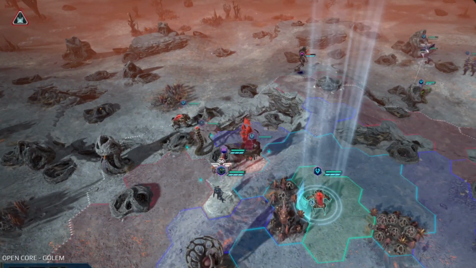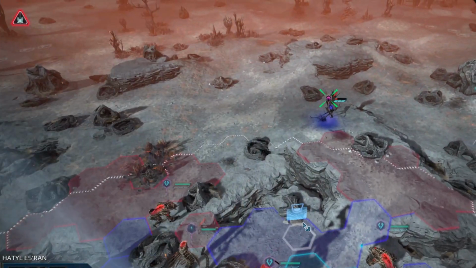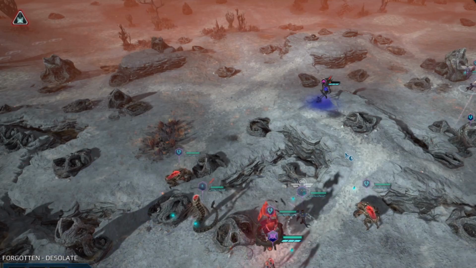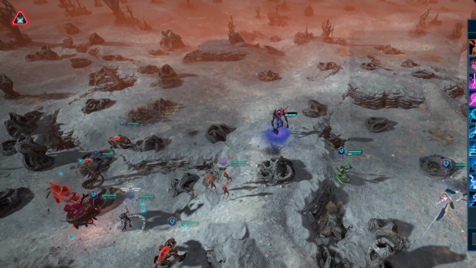Alright, so we've got you. Push you up here. I think it's time we just start overwhelming him, which we're doing pretty well. No point me moving the Desolate in, because I don't think they're going to do too much. So, there we go. In fact, you know, why not? They'll come back. They'll come back. And let's get our Liquidator up. And I think I'm going to do...